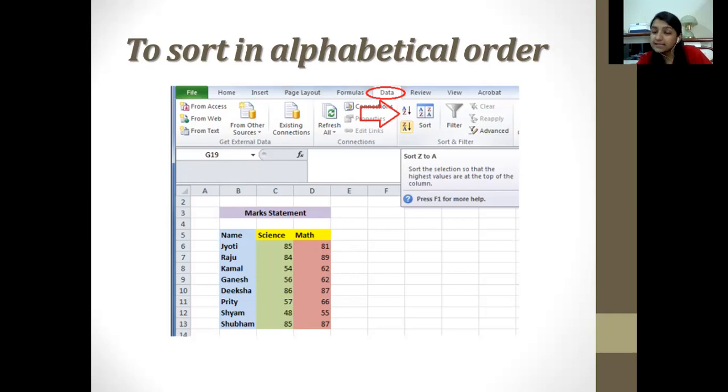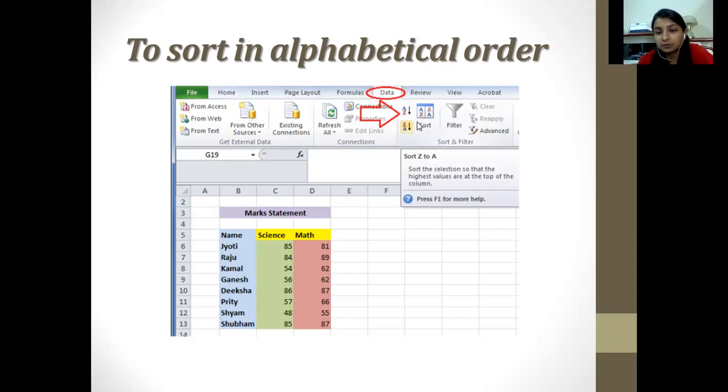And if you want descending order, then you can see that it is coming from Z to A. That means from Z towards downward. If you have a friend whose name starts with Z, you would notice that name comes first, and whoever has a name starting with A would be coming at the end. Okay, so this is an option for alphabetical order, where you can select two options, that is ascending and descending order. Okay, so you can see a lot of options are there.